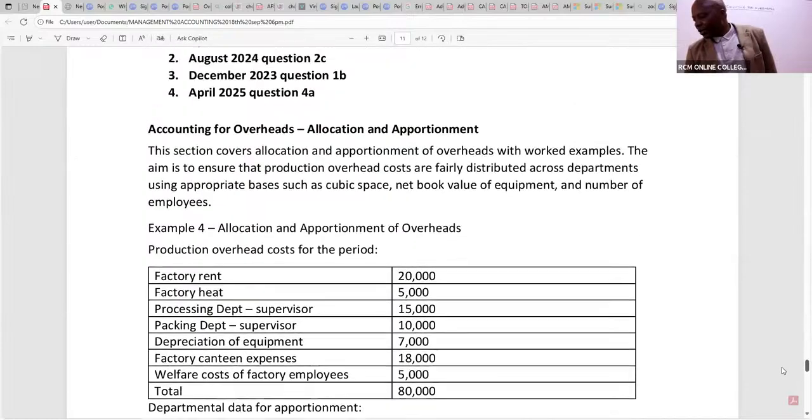It's topic number 4 still. So we've been able to do accounting for materials, accounting for labor. Now we need to give you what we call accounting for overheads. Under overheads, we are looking at allocation and what here? Apportionment. Allocation and apportionment. This section covers allocation and apportionment of overheads with specific